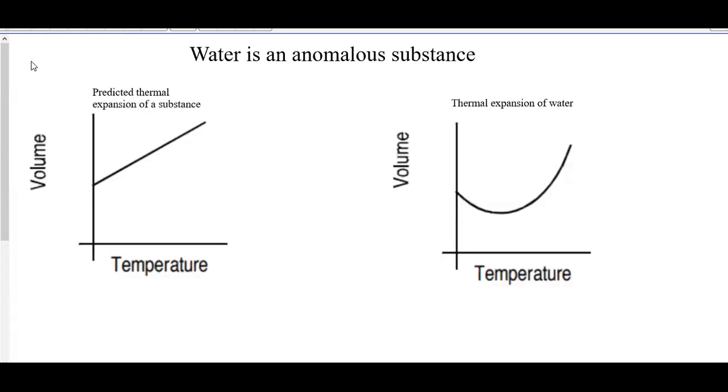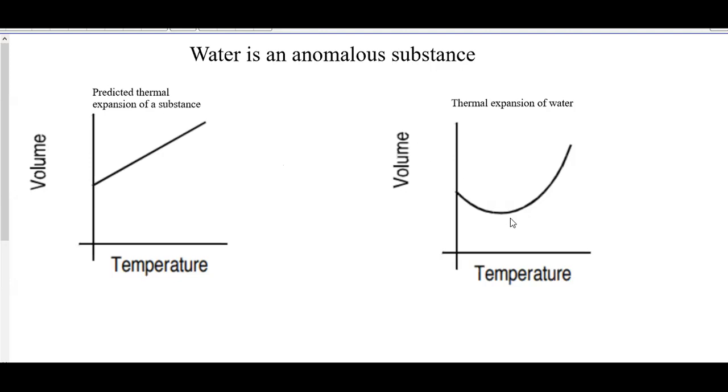So what that means is, for the most part, this is how we assume the volume of a substance is going to react as you add heat energy to it. So the temperature is going to go up, the volume is going to go up, and it's more of a linear fashion. This is the predicted thermal expansion of all substances, right? And for the most part, water does do this, but only between the temperature ranges of 10 degrees Celsius to 100 degrees Celsius. It will expand normally. However, water tends to be anomalous, which is a fancy word for different or special or strange,